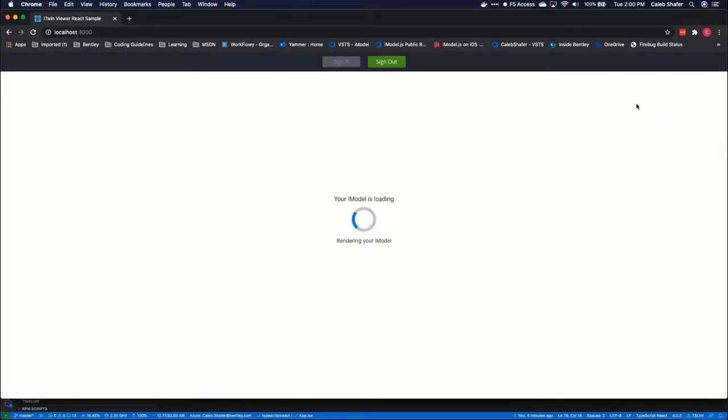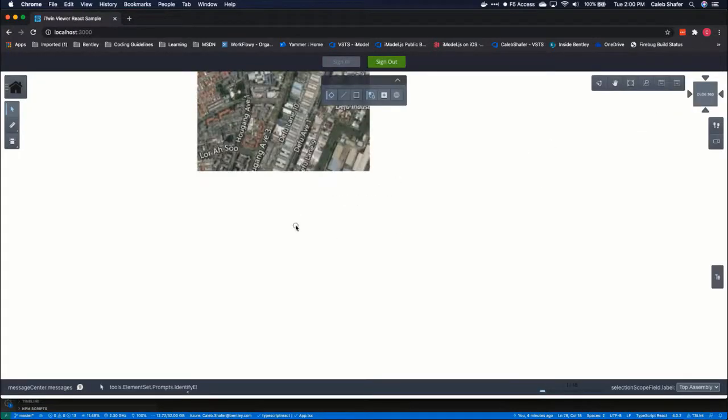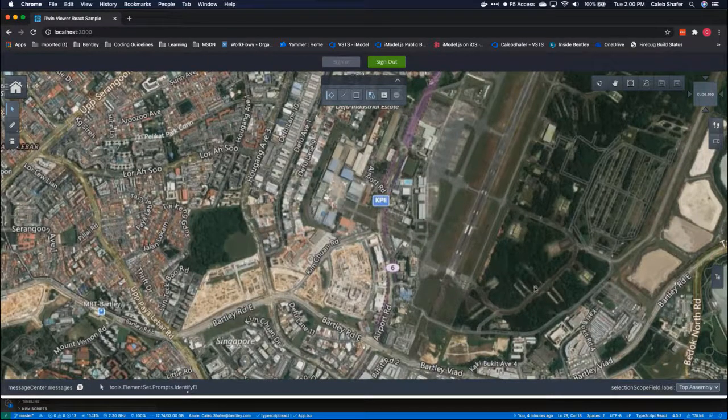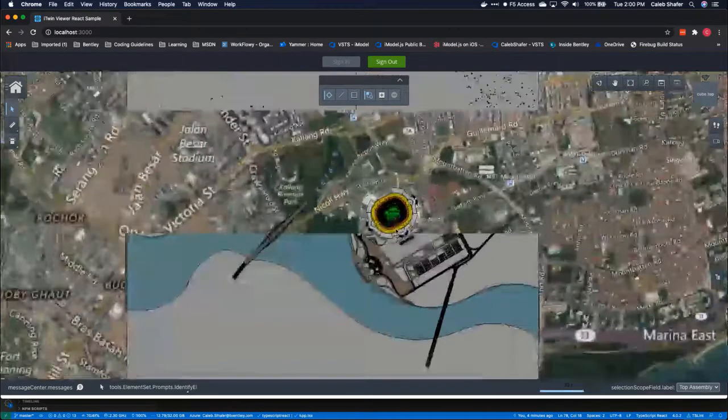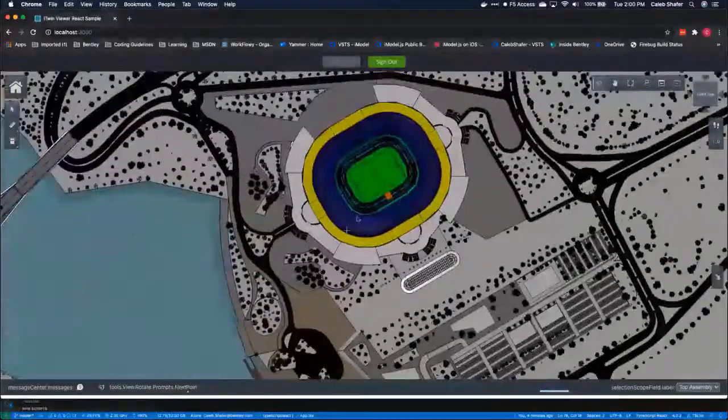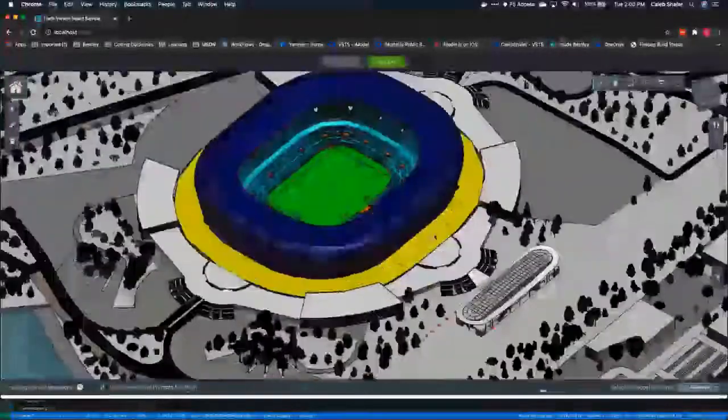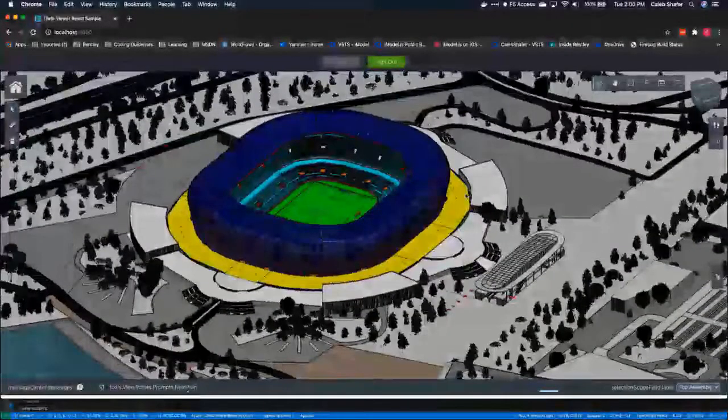All right, now once we're signed in, we will start loading our iModel. So this iModel I created is one of the samples that is available for anybody to create. This is the stadium. You probably have all seen it in previous demos, and we're going to be using this